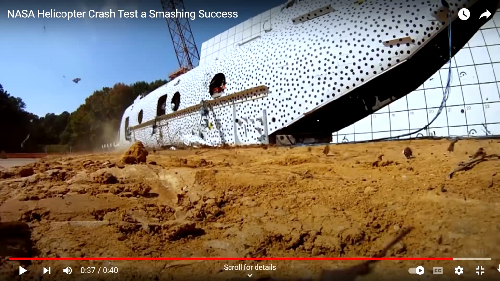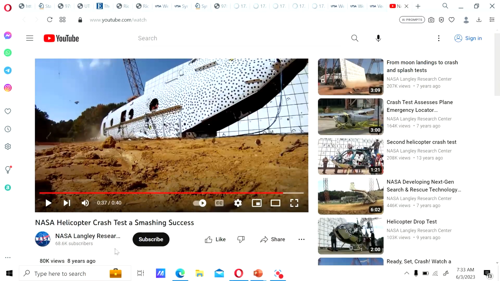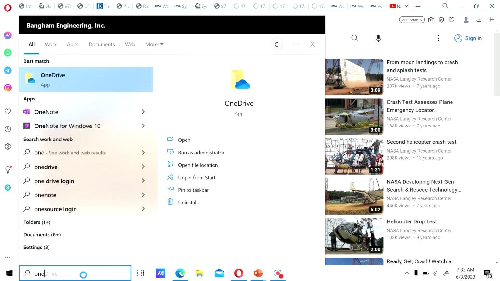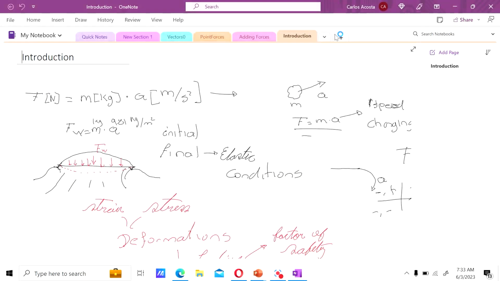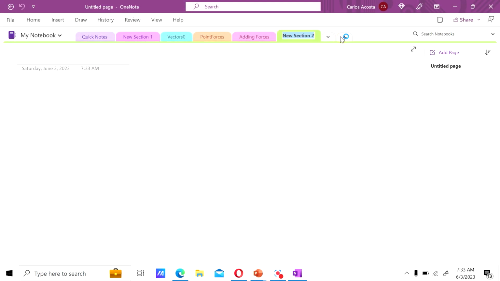So in that case, for instance, let's say the helicopter, this is the ground, and the helicopter just landed. Notice that it didn't have any wheels or anything, it was just a crash test, which is pretty common in aviation. Okay, so somebody will give you the forces, and they will tell you that